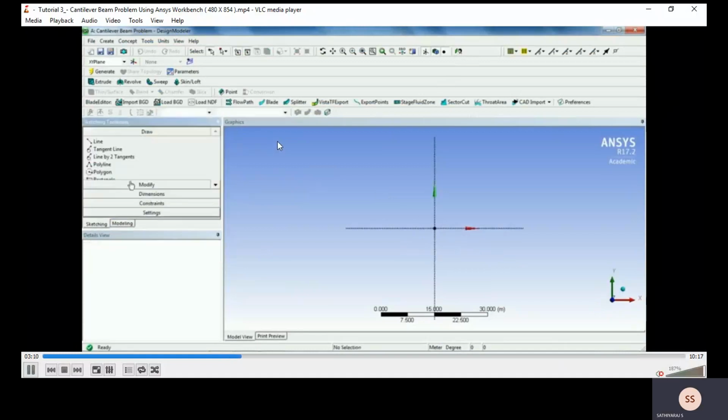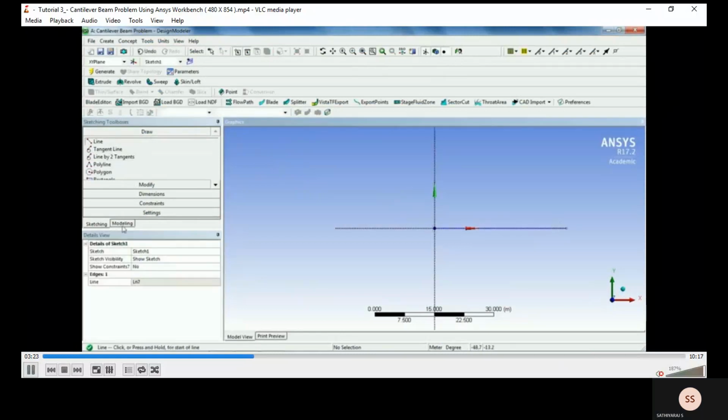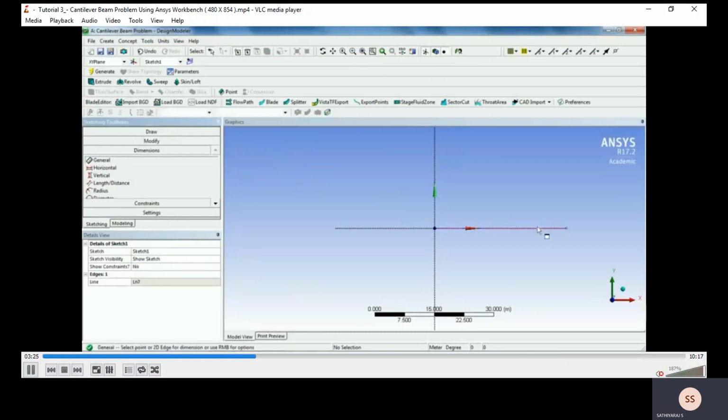Go to the normal viewpoint, and then draw the line using the sketching option. Select the line command and then go to dimensions.